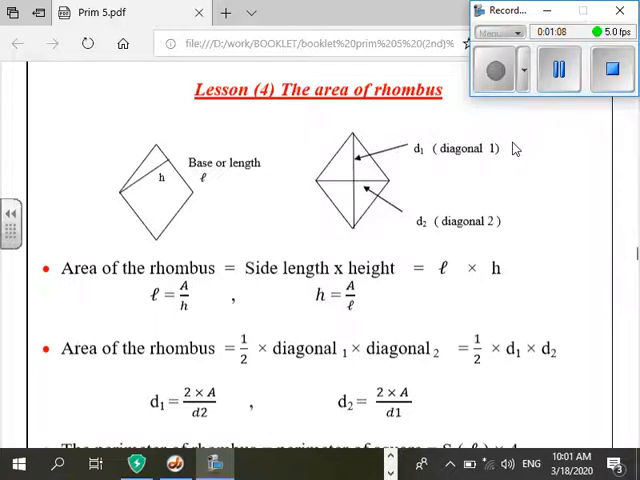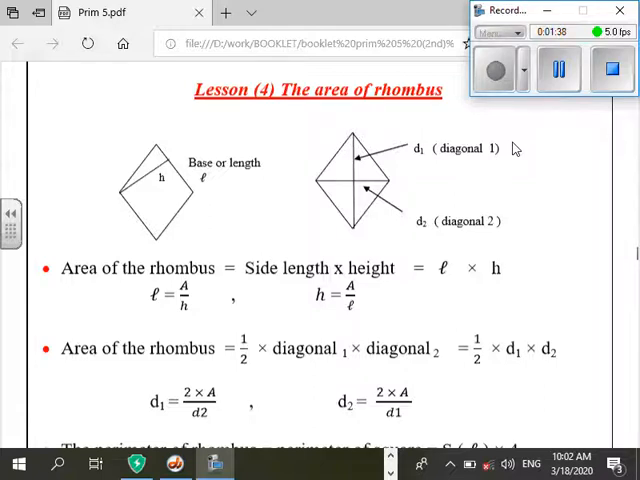To calculate the area of the rhombus, we have two rules. The first one: if I have the side length of the rhombus and the corresponding height to this side, I can use the first rule, which is side length by height. The other rule: if I have the two diagonals of the rhombus, diagonal